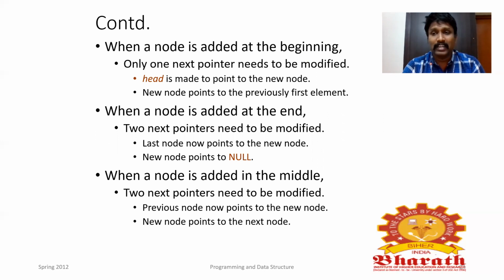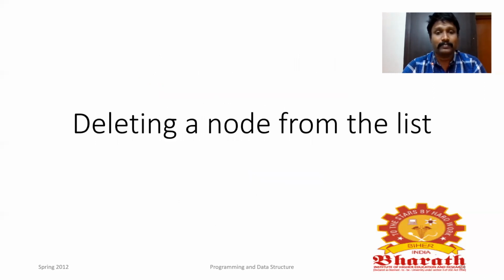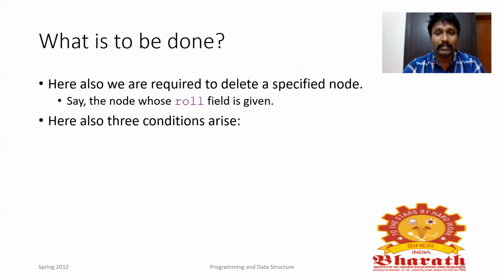That's the first advantage which was said earlier: the list can shrink and can grow. The list data structure can grow as well as shrink by following two different operations, the insertion operation and the deletion operation. The insertion operation is done in three different scenarios: when a node is added at the start of the list, at the beginning, when a node is added at the end of the list, and when a node is added in the middle of the list.